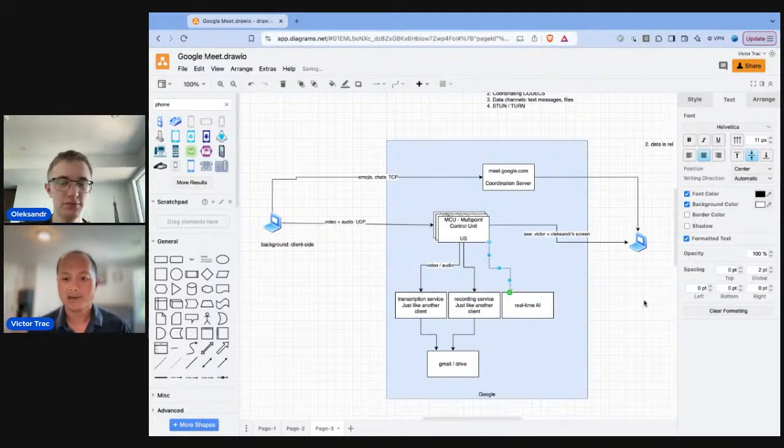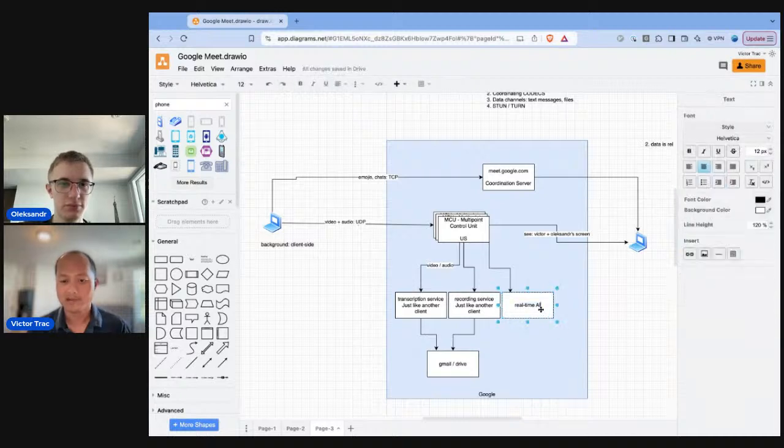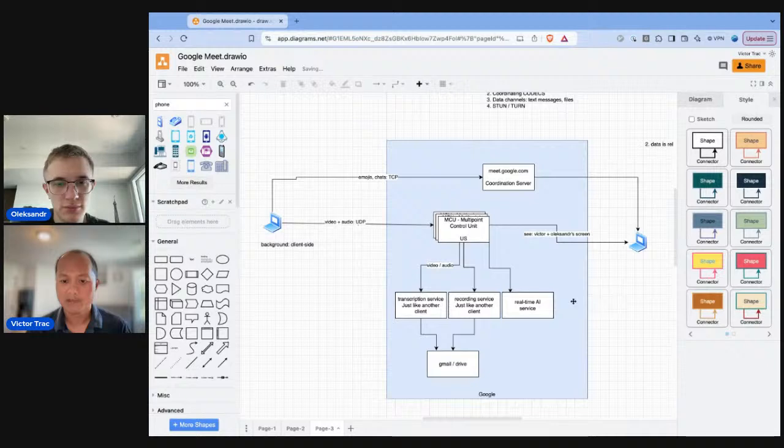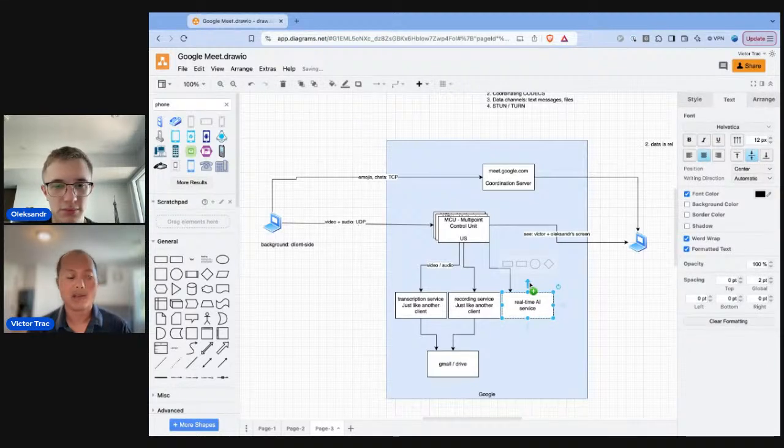So this service would get the video and audio, and then depending on what it's doing,